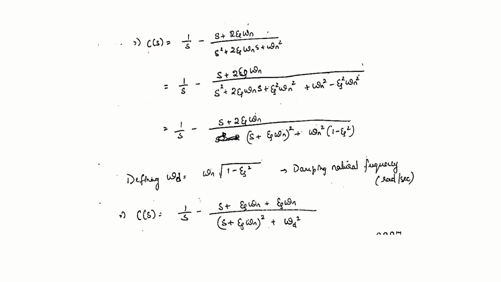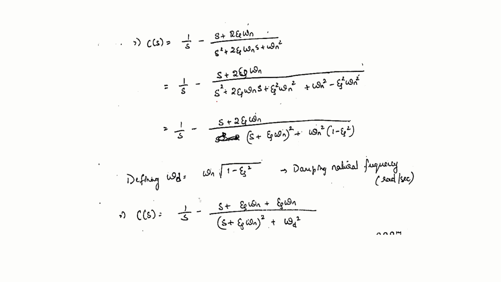So after substituting, I'll get C of s is equal to 1 by s. This is the way I get it. Again, it is not in the standard form. Let me manipulate a little more in this. I want this in s plus a whole squared plus b squared form. This should be s plus a and b form. That is, then only I can take inverse Laplace.